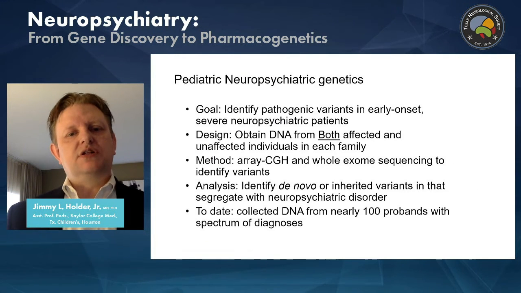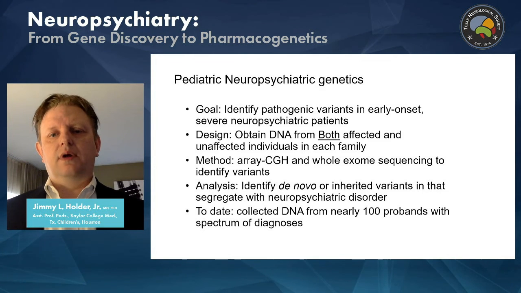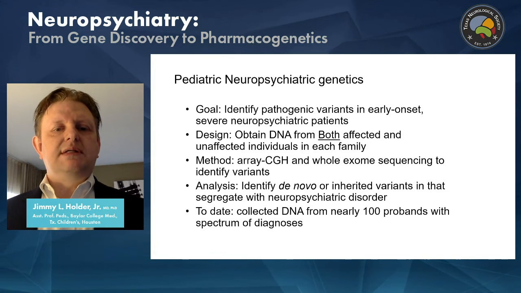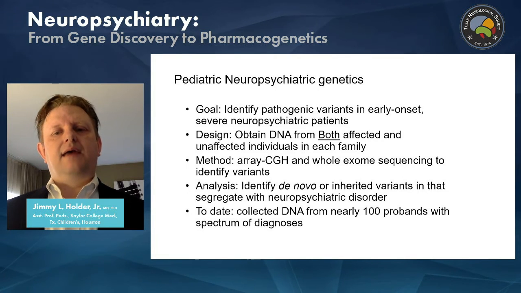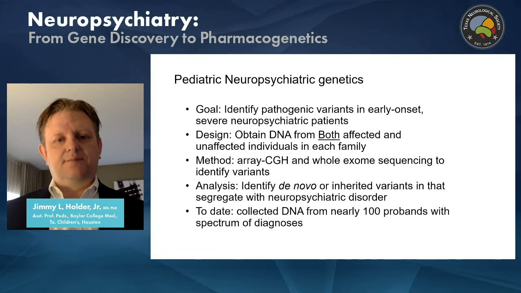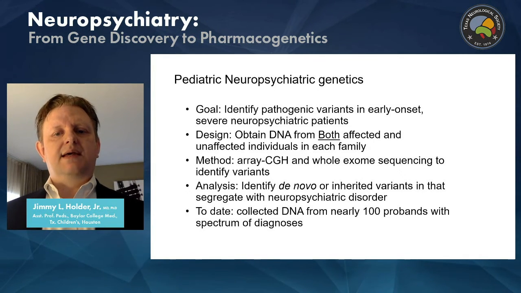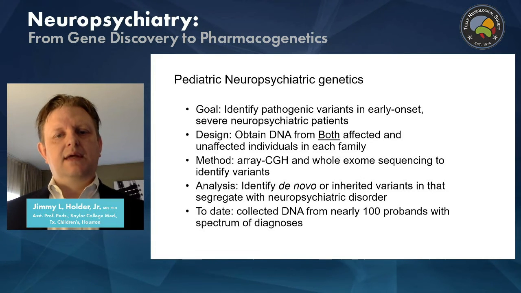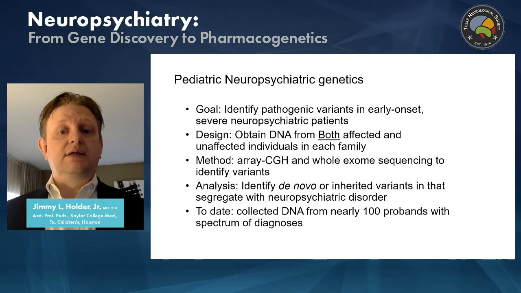So I'm going to shift gears just a little bit and talk about some work that was really inspired by our work on Shank3, the Shank3 overexpression study. So we were interested in trying to determine whether we could identify other variants in genes that predispose to neuropsychiatric phenotypes. And our approach was to try to identify those individuals with really early onset severe neuropsychiatric phenotypes, and then investigate those through genetic studies to try to identify new genes and new variants that could predispose to